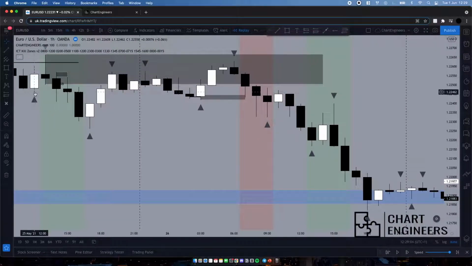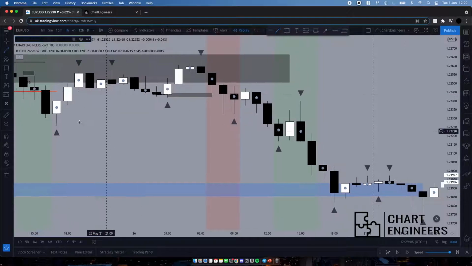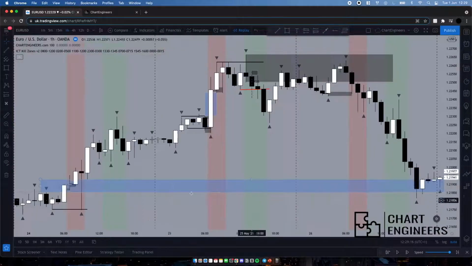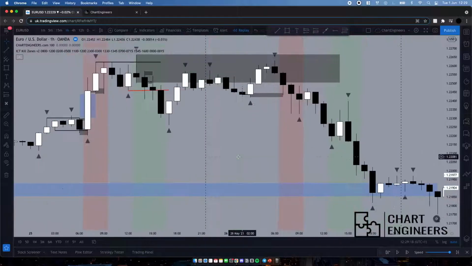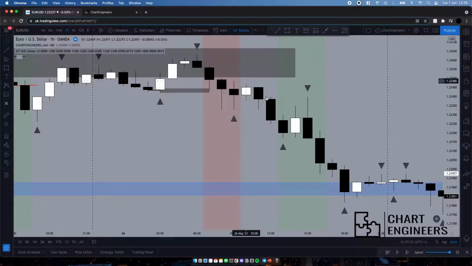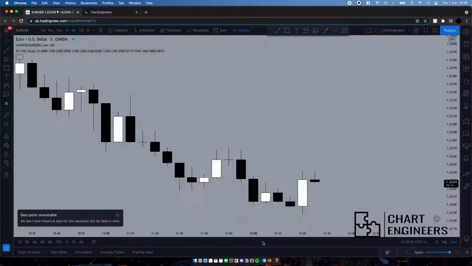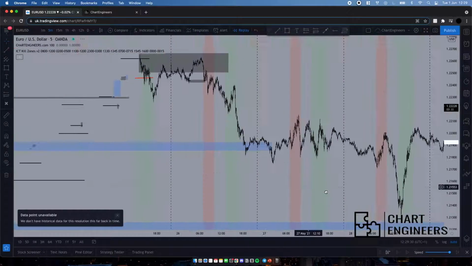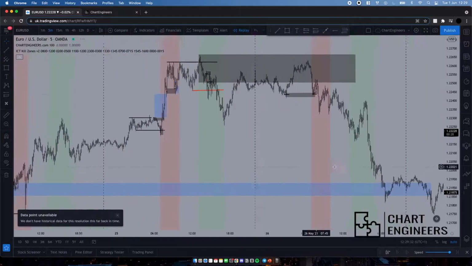So your MSB was over here, and this is your H1 raid candle, and price wanted to go lower to fill the H4 fair value gap. So if you are bearish on this day, you are correct. We'll just mark out any bearish trades, any shorts on the M5.